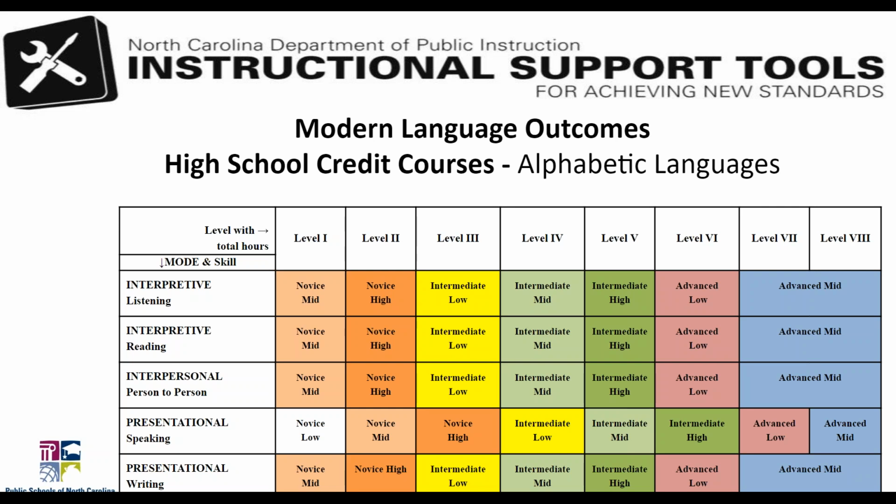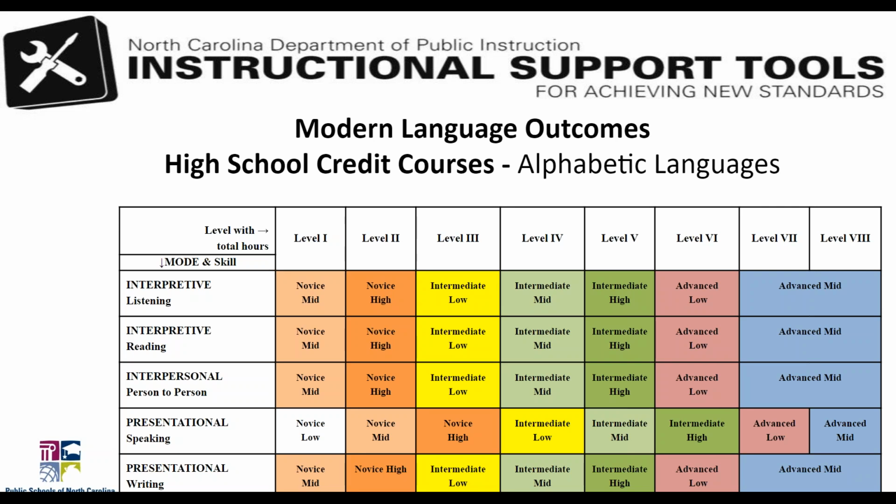Also notice, though we didn't mention before, that our charts go up through the advanced mid proficiency level. Of course, if you're aware, as all of you are, about the actual proficiency scale, you know that it goes up to the level called distinguished. However, the writers and reviewers of our World Language Essential Standards, as well as the stakeholders who provided feedback on the drafts, agreed that for K-12 World Language Program proficiency expectations, that even in the most well-articulated K-12 program, the highest level of proficiency a student could be reasonably expected to reach would be advanced mid.